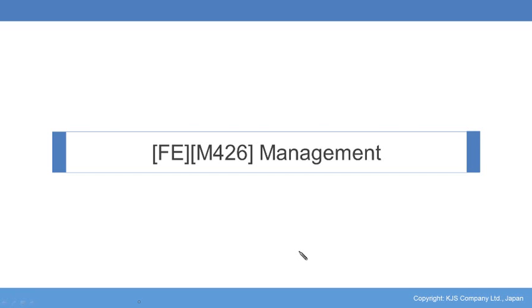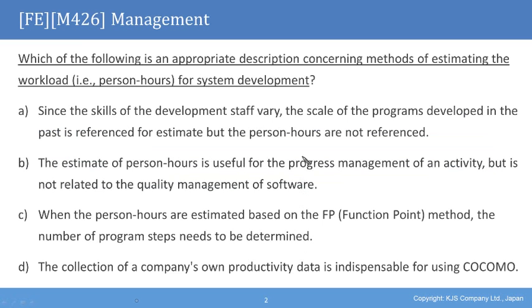26. Management. Which of the following is an appropriate description concerning the methods of estimating the workload, that is, the person hours, for system development? A. Since the skills of the development staff vary, the scale of the programs developed in the